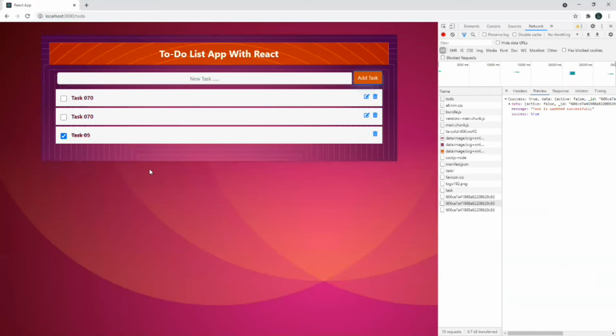So in this video, you have learned about Axios in React, how you can call the API for fetching or storing the data. I have not used Redux for this project, but I have used Redux for user authentication that you saw in the previous video. If not, then go to the previous video and you can see.